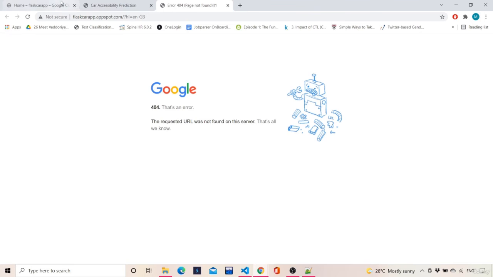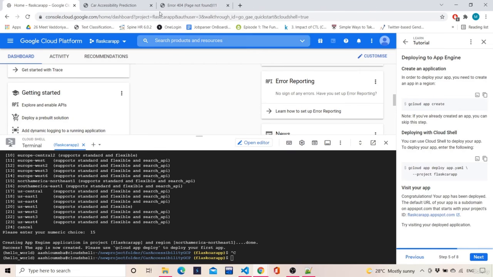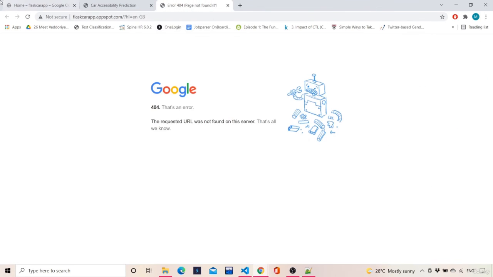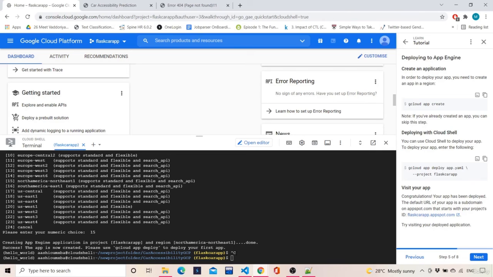Now it will show an error because we have not pushed our files onto the server yet. Once you execute the Google Cloud app deploy command, everything will take 5 to 10 minutes, and then you will get an interface like this.